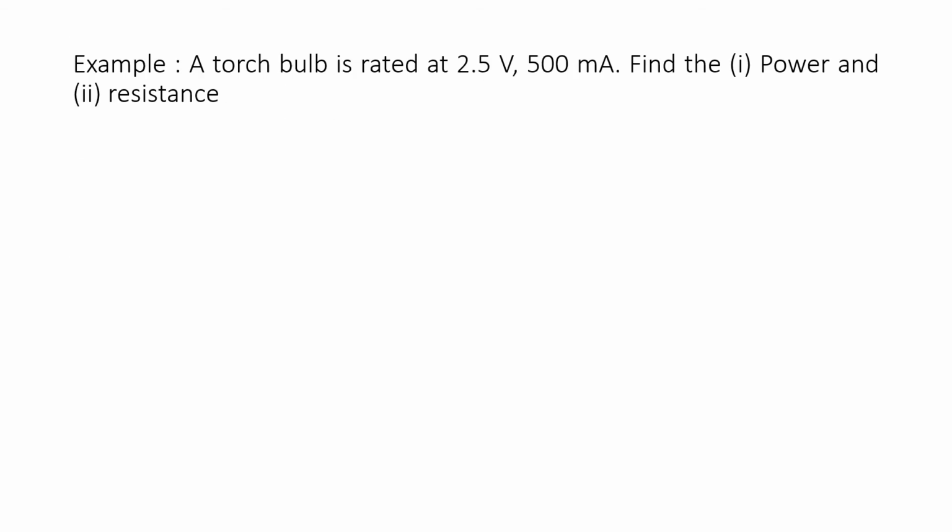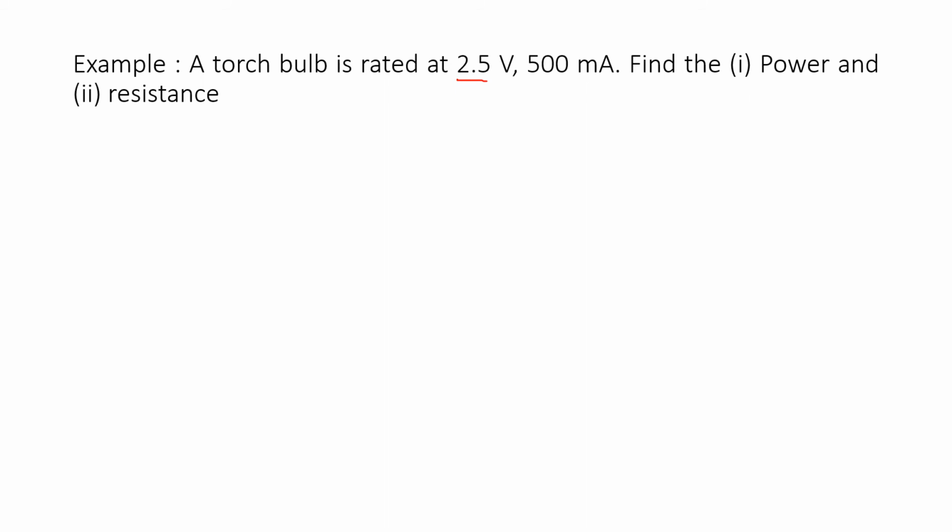Now we have taken an example to make it simpler. A torch bulb is rated at 2.5 volt, 500 milliampere. Now what does this rating mean? This means you have to use this bulb only in a torch, with batteries having total voltage 2.5 volt, and the current which it draws is 500 milliampere. You remember this. You cannot put this bulb into the home plug. Why? The home power source is 220 volt. The bulb will fuse.